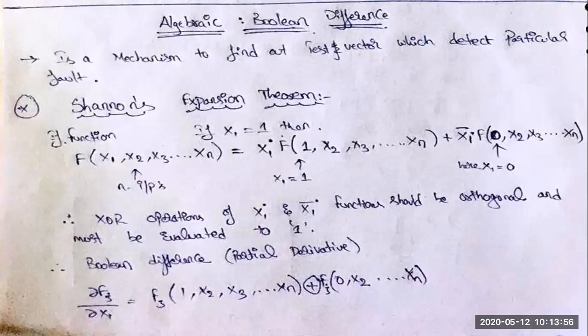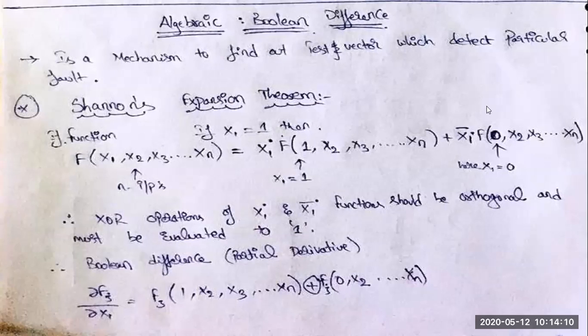Okay, algebraic relation. What is this algebraic relation, in the sense? Before going to fault simulation, as we have been discussing with the test vectors, on generating any test vector patterns, we have to identify the particular fault within the circuit. We have to detect the particular fault within the circuit. To define that particular fault, we should have some mechanism, which we will use to determine it.